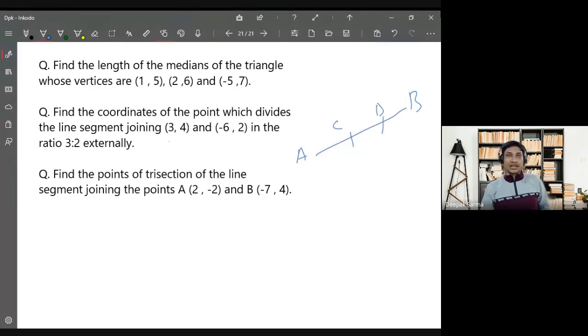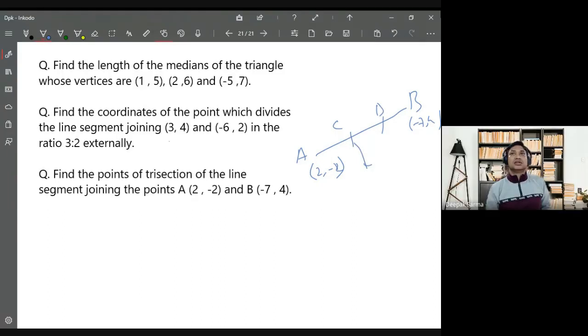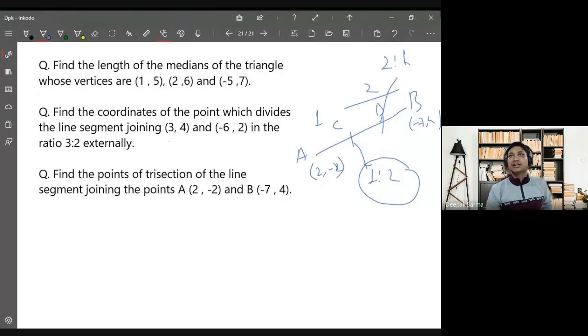That is the question. A is known because the coordinate of A is completely given. Now how to find the coordinate of C? Any idea? So the ratio is 1:2. Okay, fine. When you want to find the point C, forget about the point D. AC is half of CB, so if here I have one part, in this part I have two parts. That is, the ratio will be 1:2. Similarly, when you have to find the point D, forget about C, the ratio will be 2:1, because here I have two parts, here I have three parts. Got it? All of you?